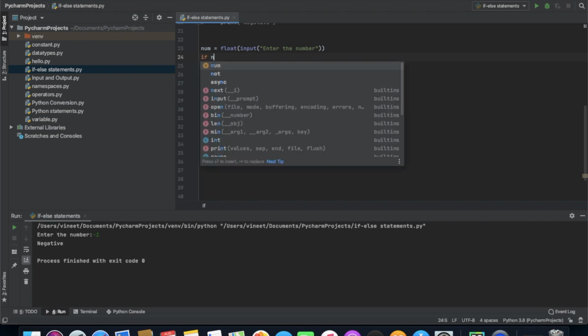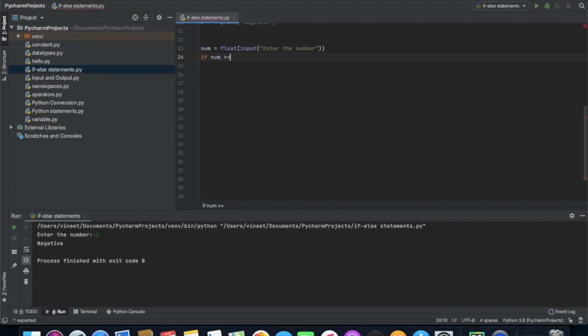If num is greater than or equal to 0, if num equal to 0, print "0", else print "positive number", else print "negative number".